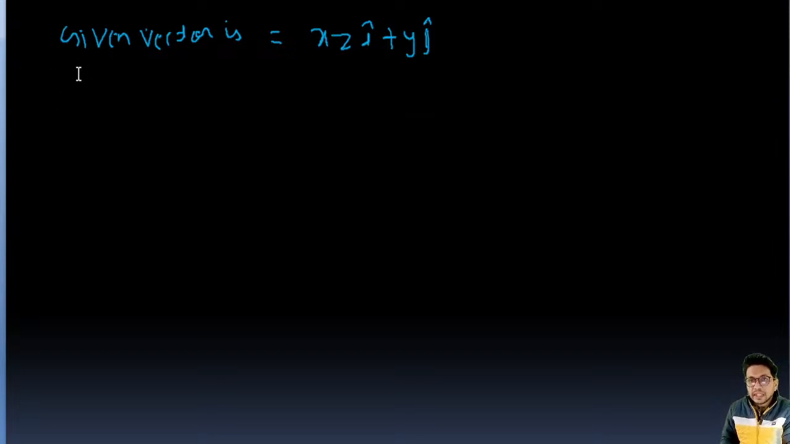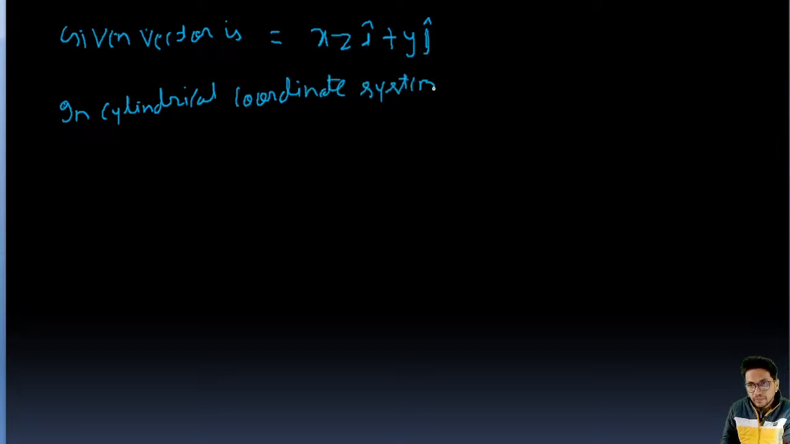Okay, x z I cap plus y j cap. This is the vector in Cartesian coordinates, and we need to convert it into cylindrical. So what will be the vector in cylindrical coordinates? So we know in the cylindrical coordinate system,